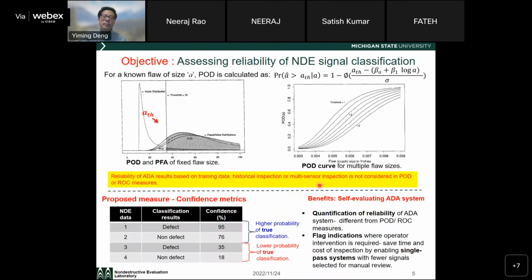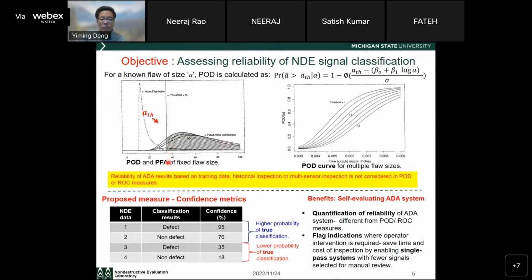Before that, let's look at what we have done for many decades. The objective here, I would call it, is to assess the reliability of NDE signal classification. So just try to translate what I just described into a more rigorous mathematical formulation. Well, one way of doing it is the well-known probability of detection, POD. Well, what is POD? Well, we have this figure on the left from the literature. It tells me the POD can be easily calculated as the area under a probability density function